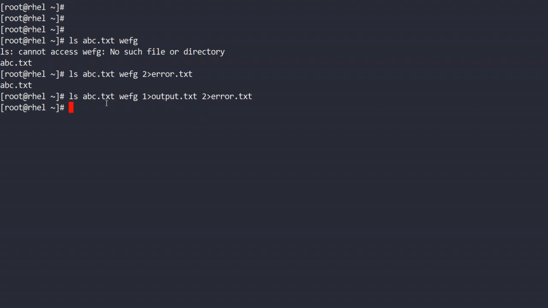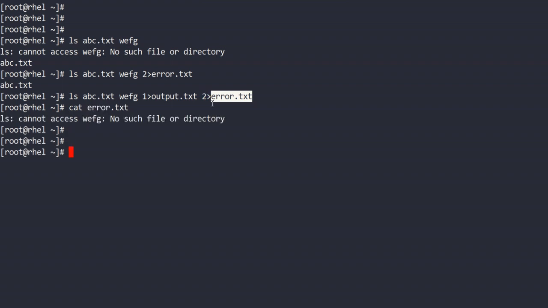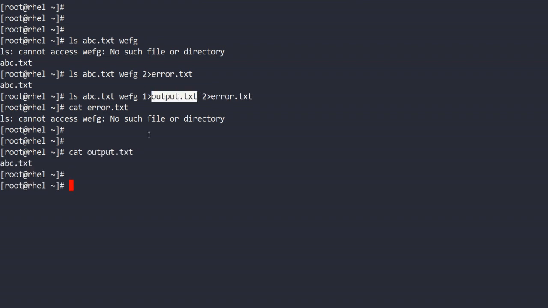Now do this. Nothing is visible on the terminal. If you open cat error.txt, you will see your error is in it, and output.txt will contain your output that was without error.